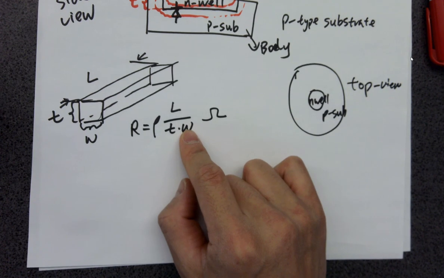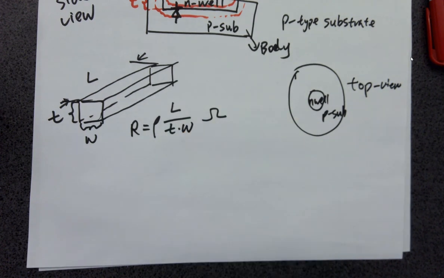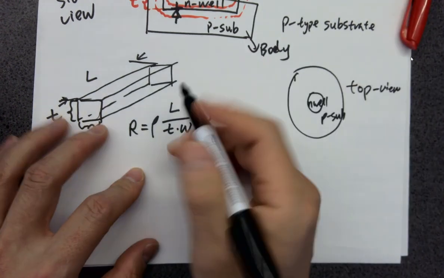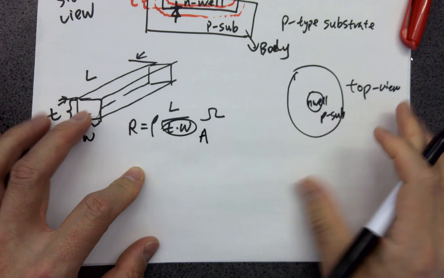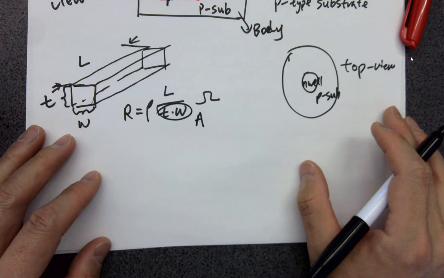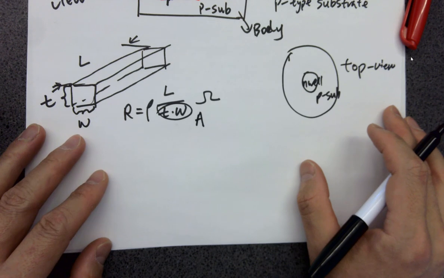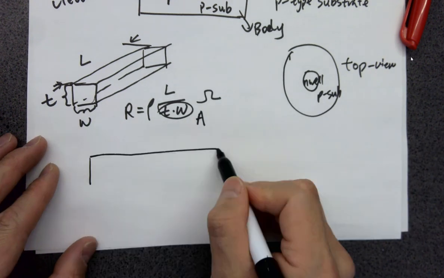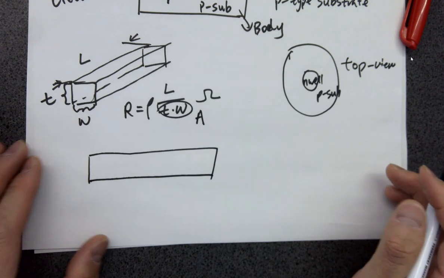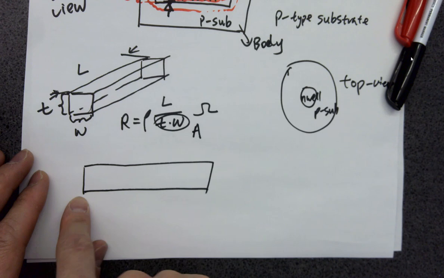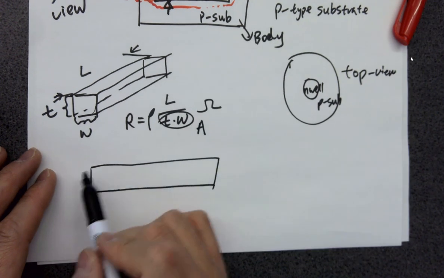A is the cross-section area. So this is A. So if we are looking from the top, when we are doing the layout, we're just drawing a square or box because there's no dimension for the depth. So we are not laying out the depth. So when we are looking at the top,